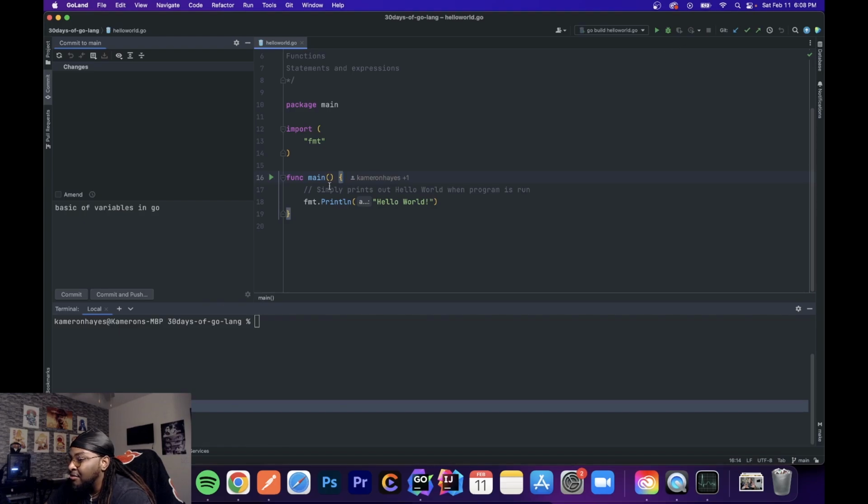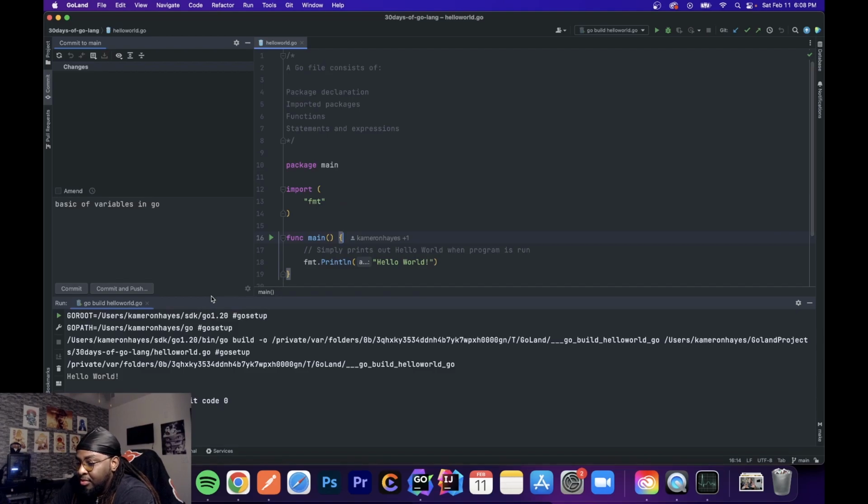right here. So if I click the play button up top, for example, it's going to run the go build command for this specific file. And you can see here, it ran the code successfully and hello world was printed into the terminal. So that's something that is very, very helpful while you're coding. You want to be able to run your code, you want to be able to build and compile it easily